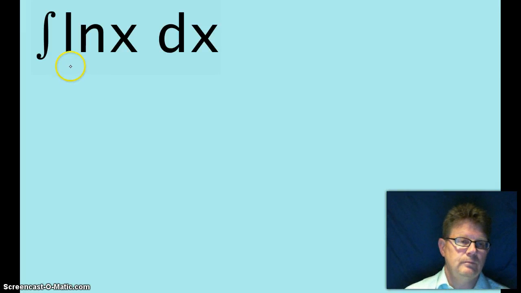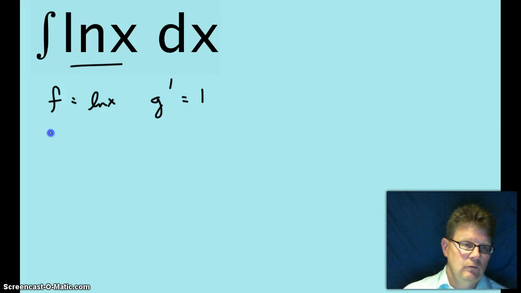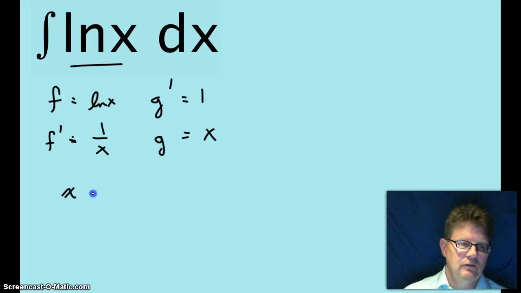Alright, whoa. ln of x. This time we're going to try something really, really funny. We're going to say f equals ln of x. So that makes g prime have to equal 1. So f prime equals 1 over x, and g equals x. So f times g, x ln of x, minus the integral f prime times g, 1 over x times x,